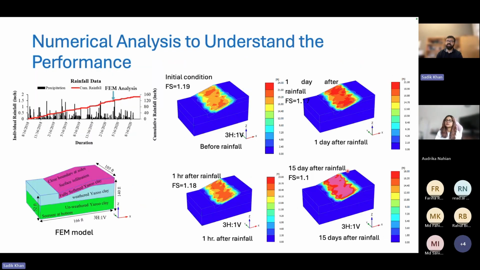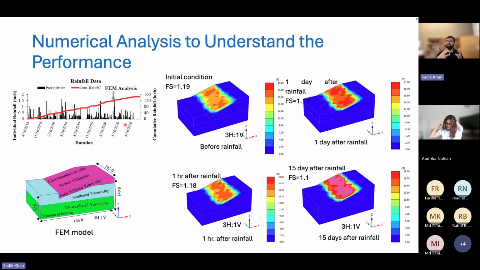And then we have also done some modeling in our lab, and from the models we can see a significant increase in the soil moisture, and due to that, the factor of safety of the slope keeps dropping when the slope gets exposed to a certain number of rainfall events. So basically, what is happening is